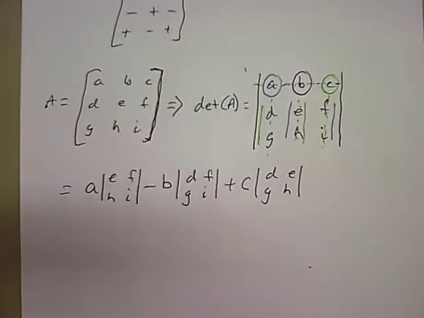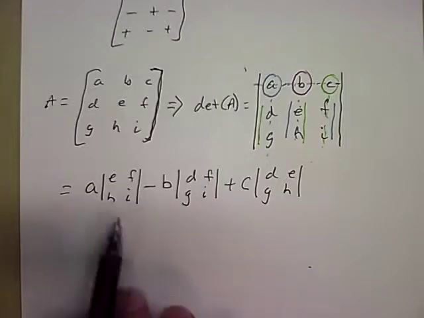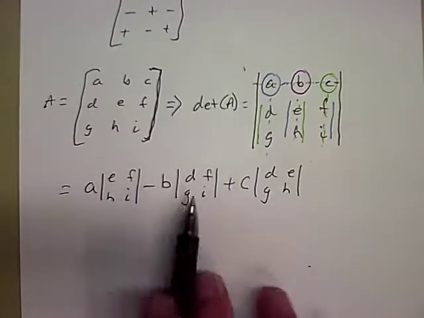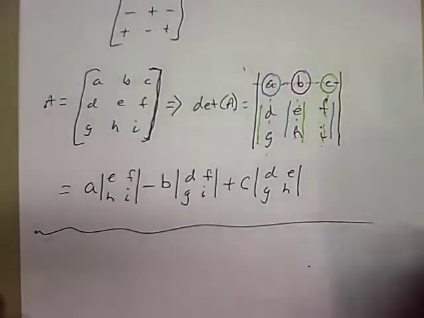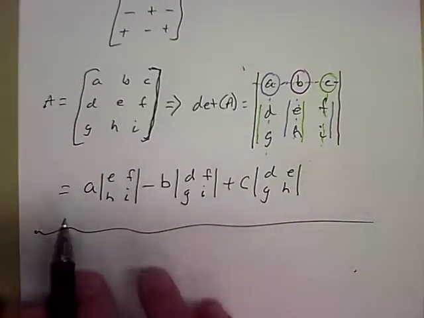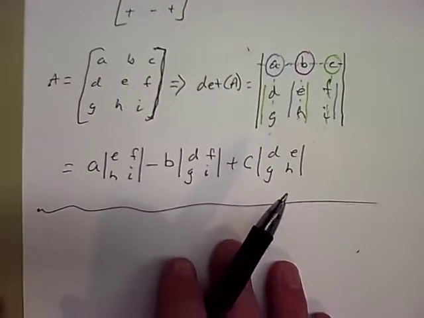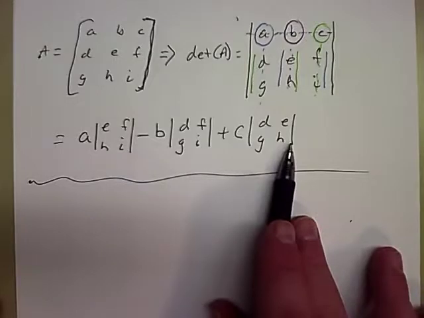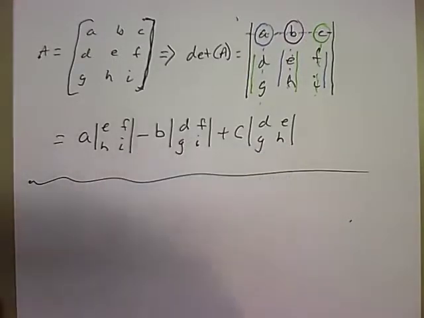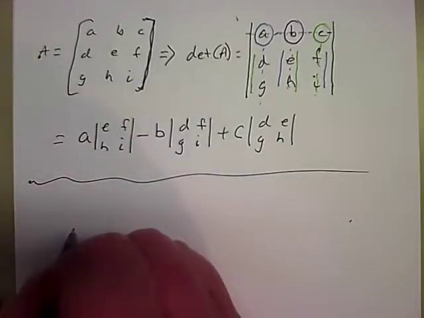Now, we could take this a step further. I could go through the whole process of doing these, but I'm just going to get to an example. I'm not going to go any further into this formula. You know how to do a 2 by 2 determinant. I want to show you how to use this. All right, so let's get a random